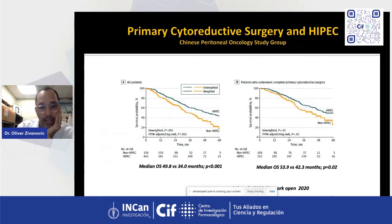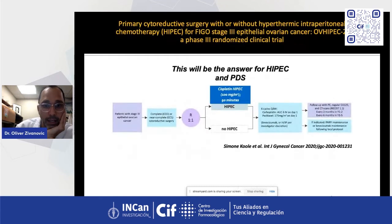And in this retrospective study, patients who received this treatment with successive cisplatin applications had an improved median overall survival over those who did not. And this was also visible in patients who had a complete resection of all visible disease. But